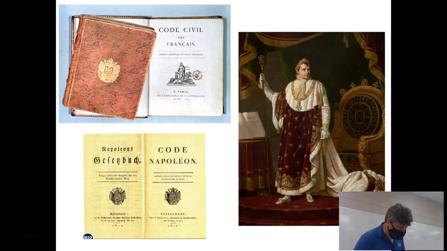Also, under the Code Napoleon, women are not equal to men. Again, there is a dark side to this. Now, this is par for the course at this time. We know we were living in a man's world, but the Code Napoleon put it on paper. The women are expected to be subservient to the men in their lives. Wives must obey their husbands. The man goes out and works. The woman stays home and takes care of the kids. You get the idea. He was certainly no feminist. No way.